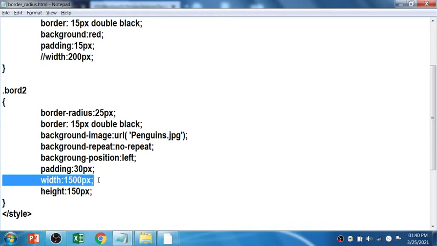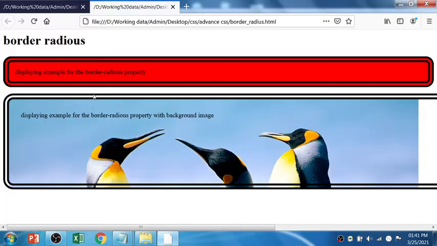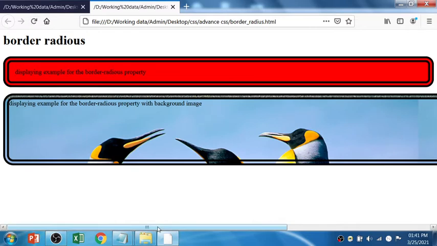But the width I have mentioned is 1500 pixels, so the rest of the portion comes as no repeat. If I change it to repeat, I'll remove it. So let's see, it should be repeated. The background position is left. So three properties I am discussing here: background image, background repeat and background position, with padding 30 pixels and height 150 pixels. Let's comment this. So with no repeat, right, you can see